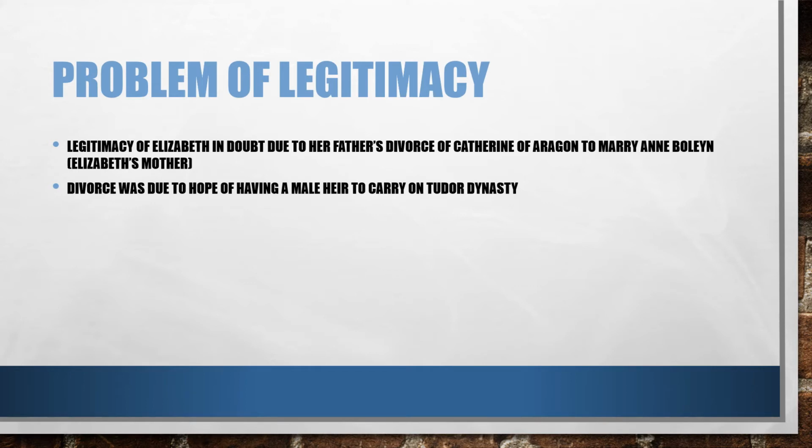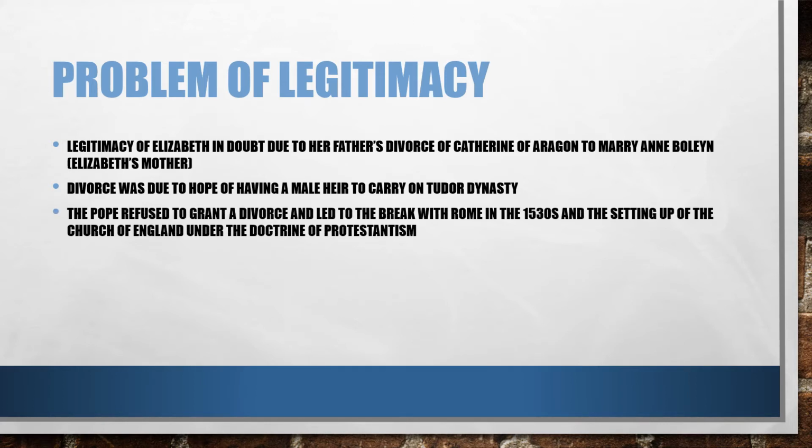Catherine of Aragon was very old at this point and had had a series of miscarriages and stillbirths, and any male child that was born did not survive past a year. Because of her age, Anne Boleyn was a lot more fertile and was seen as a future mother to the King of England. In terms of the further issues of legitimacy,